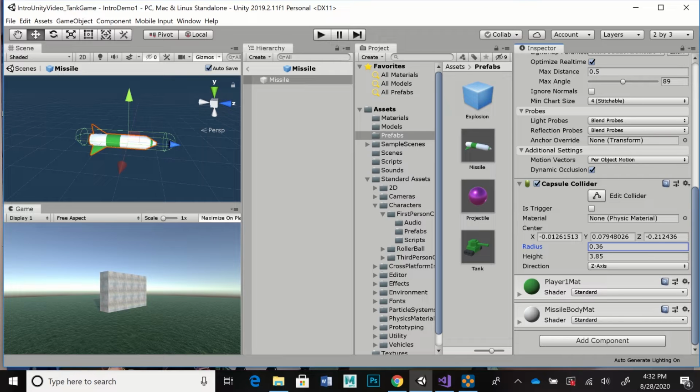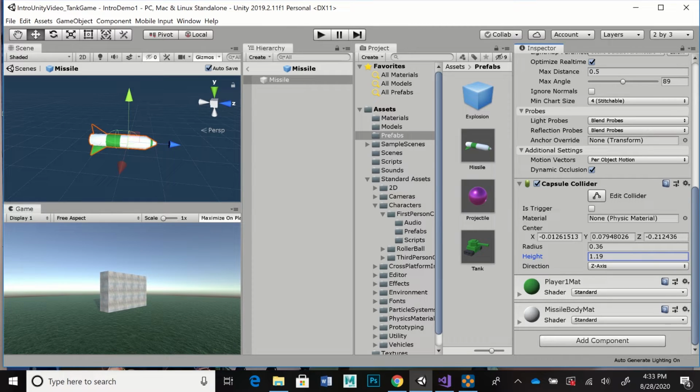And it's better actually if I scale the height down to not just leave it coming across the whole thing, because when this gets instantiated, it's going to come out of, in this case, the camera or the tank that we're going to do in a little while, and it might actually collide with the object it's coming out of if I make this collider too big, and then it would explode right there at the very time that it gets spawned or instantiated. So I'm going to make that collider a little smaller, and I'm going to move it